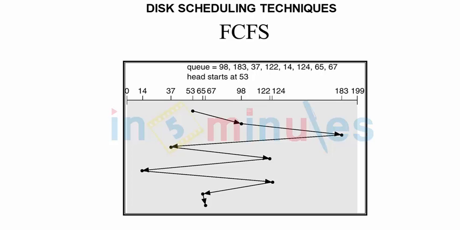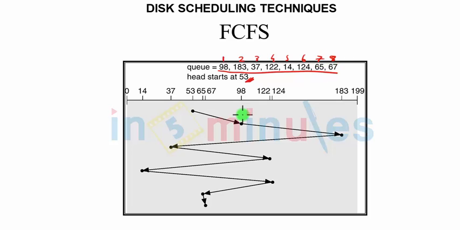The first and the most basic algorithm to work with is first come first serve. In this algorithm, we generally follow the sequence of requests, that is the queue. Consider the following example where we have a read-write head at 53. Now we are trying to read the remaining requests. What will happen? The seek would be performed on the basis of request. That means first, second, third, fourth, fifth, sixth, seventh and eighth.